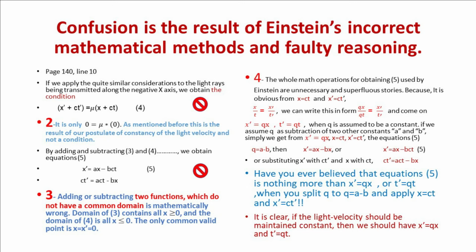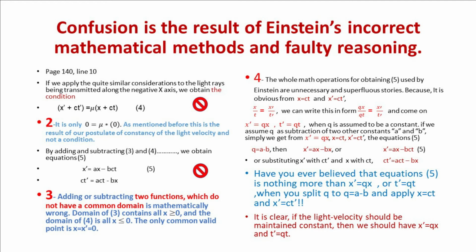We can write this in the form q times x over q times t equals x prime over t prime, so x prime equals q times x, t prime equals q times t, when q is assumed to be a constant. If we assume q as the subtraction of two other constants a and b, simply we get from x prime equals q times x, x equals c times t, x prime equals c times t prime, the equations 5,